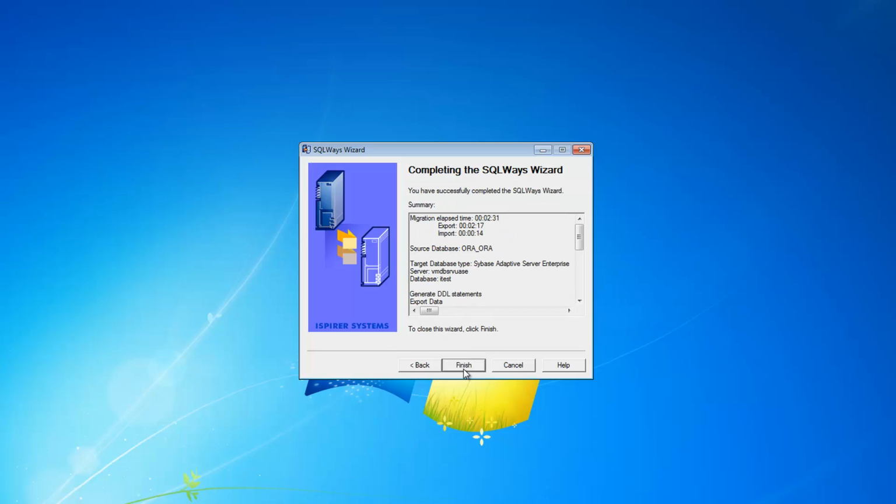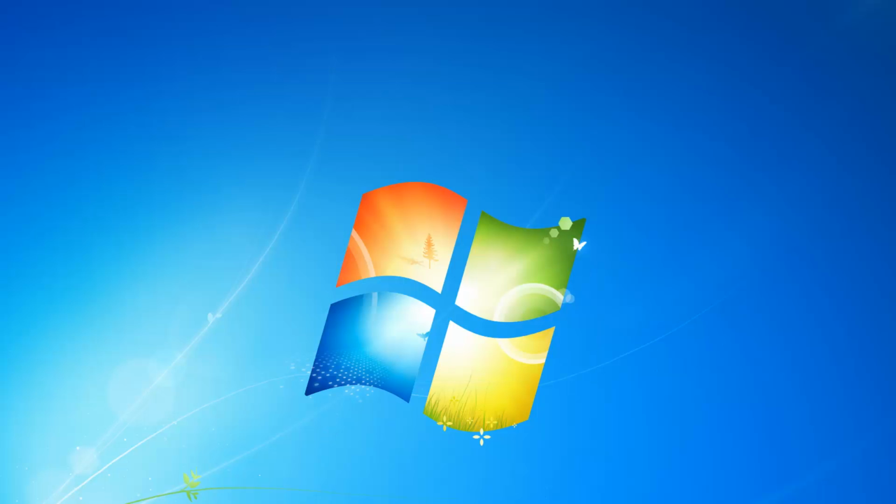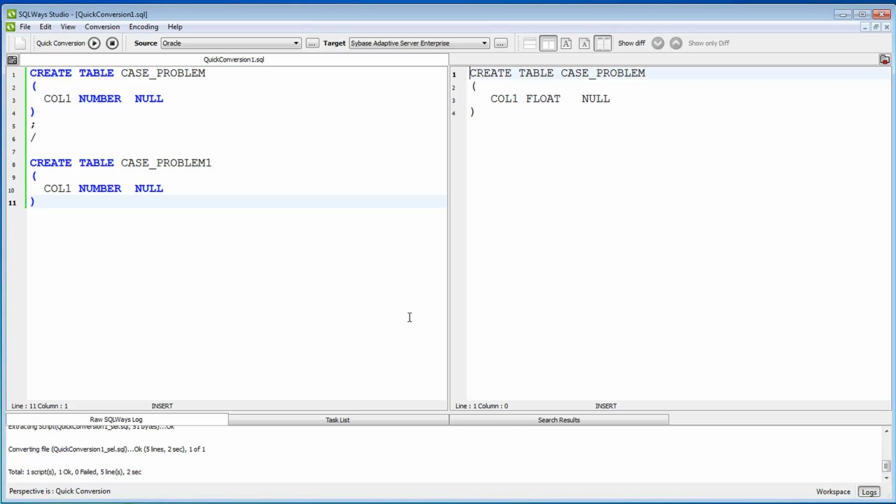Now let me finish the conversion with the SQLWays wizard, and let me show you the conversion using SQLWays Studio and SQLWays Commander. These are tools that work with scripts, so you don't have to provide a connection to the source database, but you need to provide the DDL definitions of the source databases in one file or in a set of files. As for Studio, you can see it on your screen, and it works with one script